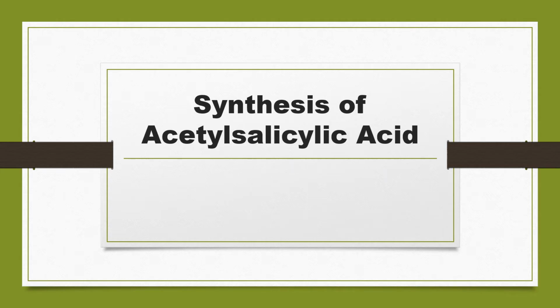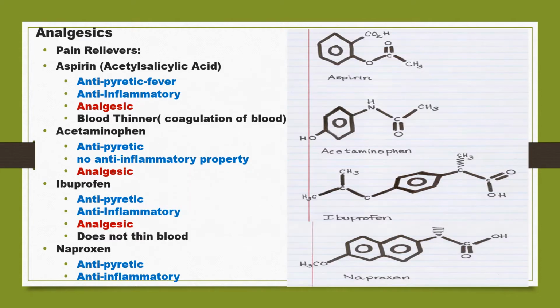Today's experiment is about the synthesis of acetylsalicylic acid, a type of drug, and we shall see how we can synthesize this drug. Acetylsalicylic acid, also commercially known as aspirin, is a drug that belongs to a class of drugs called analgesics. These drugs are simply known for their action to relieve pain, and that's why analgesic simply means painkillers or